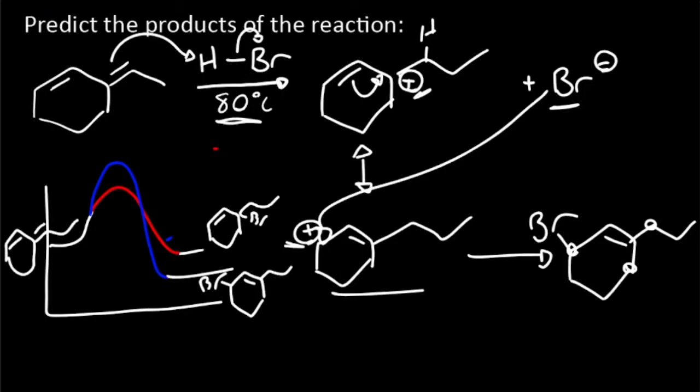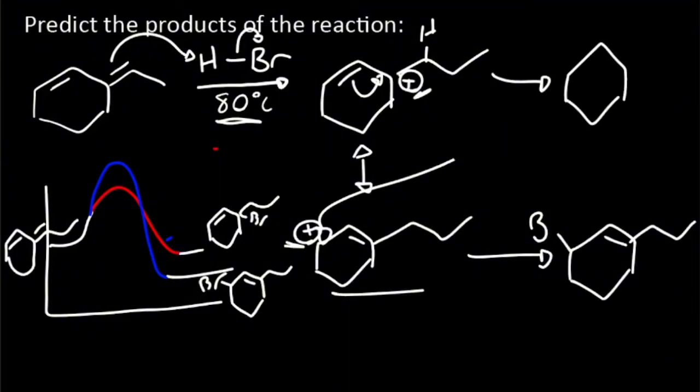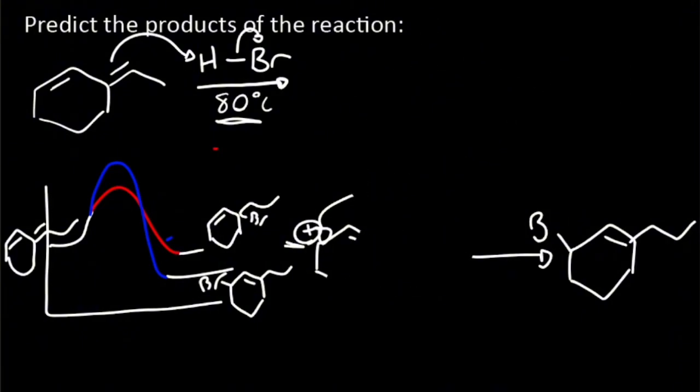So if we formed this product up top, let me make some room. So if we formed this product, which would be our kinetic product, not our thermodynamic product, we would only have a di-substituted double bond, so not as stable. But why is this one more kinetically favorable? Well, the reason of that is because after this first step, where we had the hydrogen add,